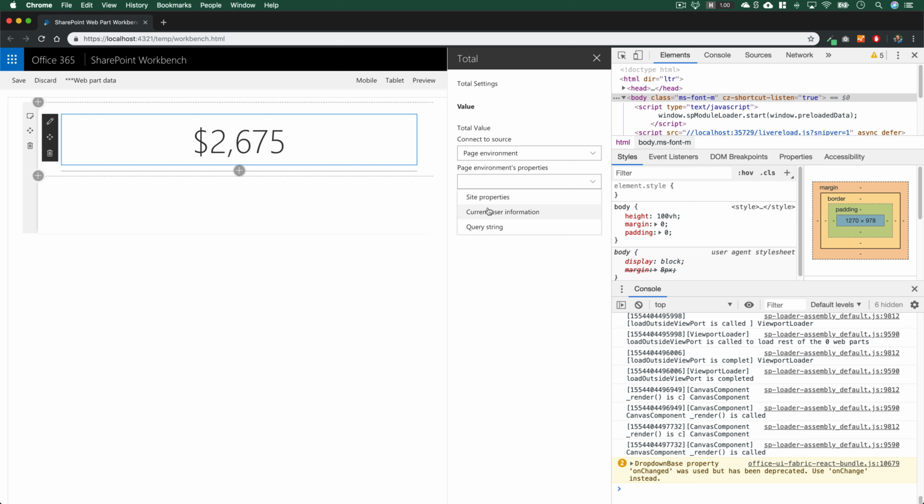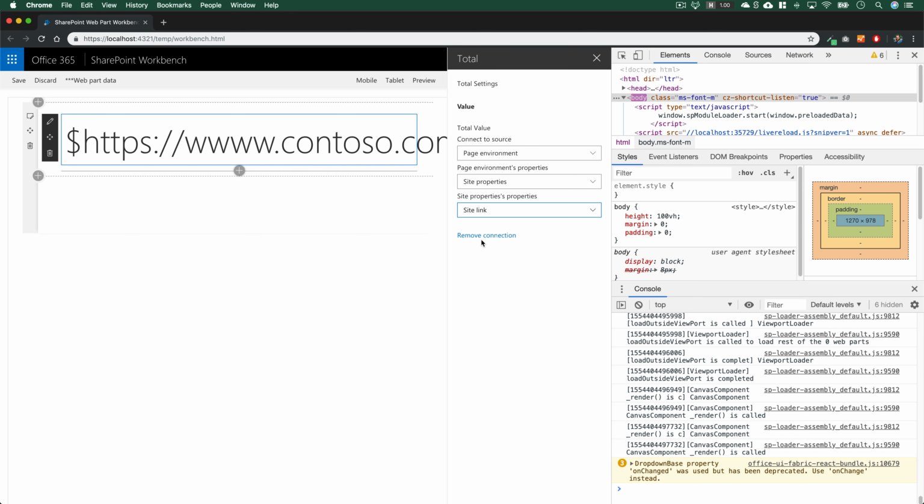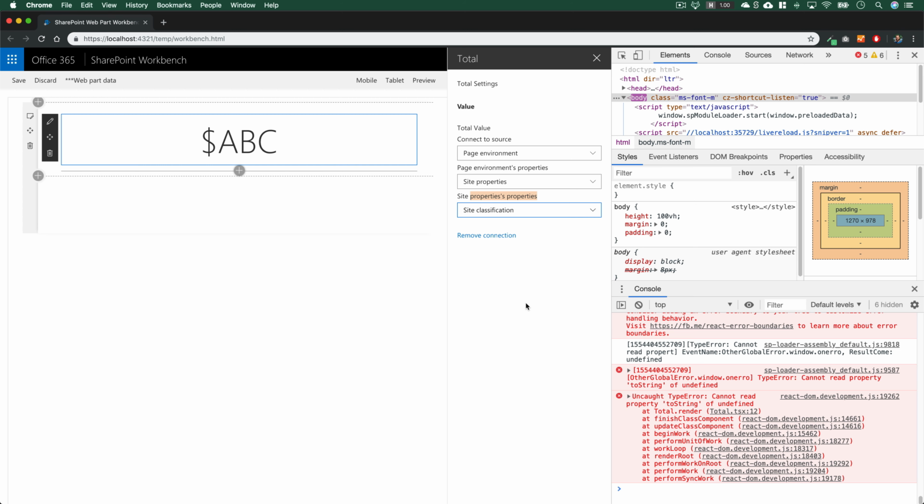So again, I can't really test this with other web parts in the local workbench, but there's already dynamic data that's available in the page context, and there's this page environment variable. So for example, you could get a site link, and it's going to display the value of the site, which doesn't make sense for this total web part, but you can see how our web part is basically pulling in whatever dynamic data that we select here